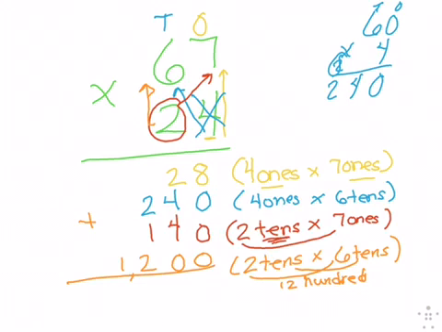And then you add them up. 8 plus nothing is 8. 2 plus 4 is 6. Plus 4 more is 10. 2 plus 1 is 3. Plus 2 is 5. Plus 1 more is 6. And then I bring down my 1. So 67 times 24 is